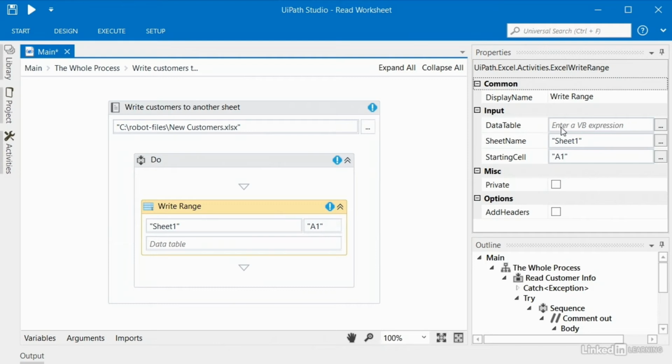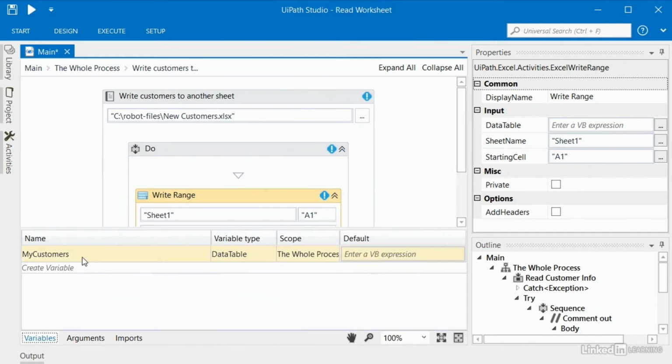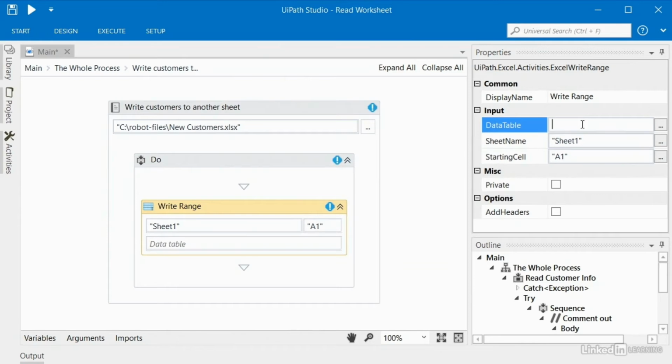So it's asking us which data table we want to write into this new file. As you recall, we've already got my customers, and it's in scope here. So I will simply click in here and type in my and hit tab. As you can see, it's giving us an option to provide a sheet name. So I will select over that, type in new customers for our sheet name, and we could start writing at any given cell, but I'm just going to leave this at A1